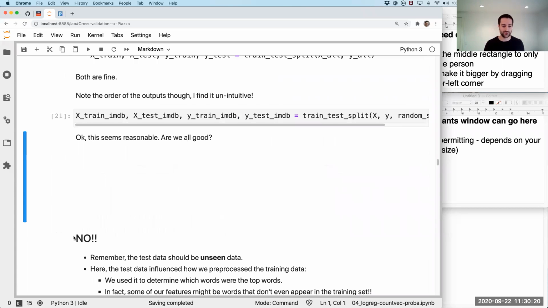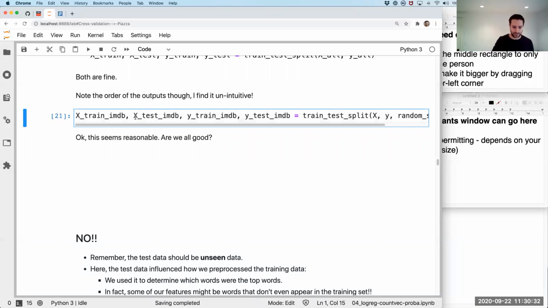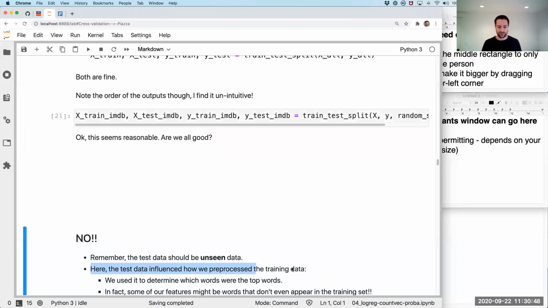The answer is that we're not all good here. I did do something sketchy, and it's a rather subtle point, so let's digest it together slowly. Remember that the test data is supposed to be unseen data. The test data should be something completely fresh, and you want to see how well you do on completely fresh data, because that's what's going to happen in deployment. You're going to get new things that you haven't seen before, and you're going to have to try to predict the answer. But here, there was a contamination or a leakage, or whatever you want to call it,